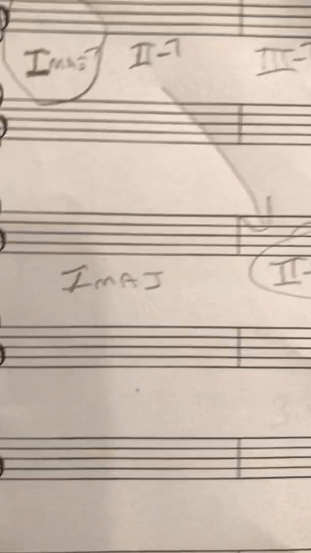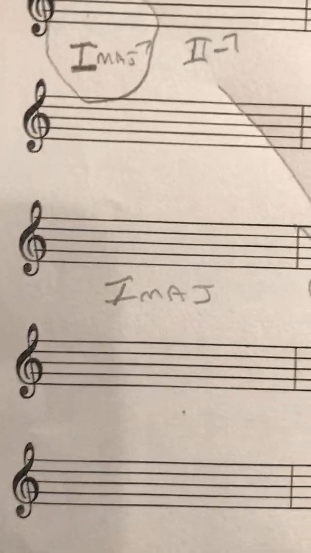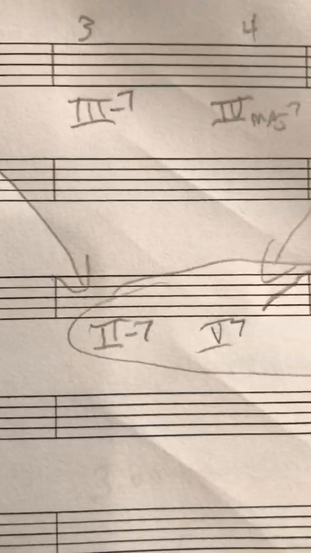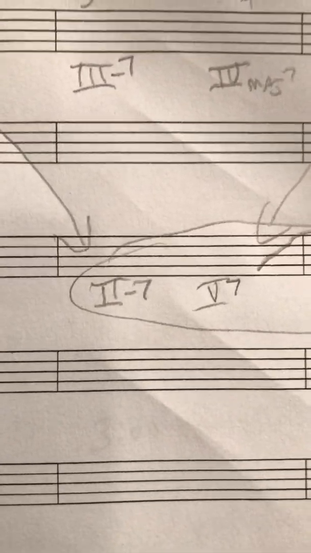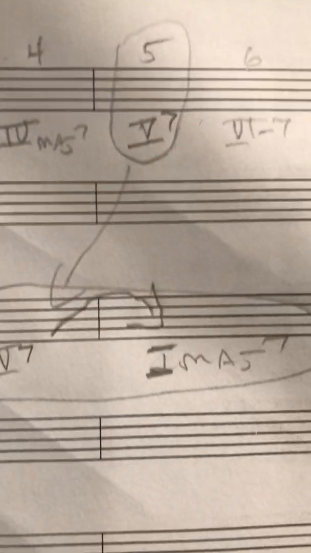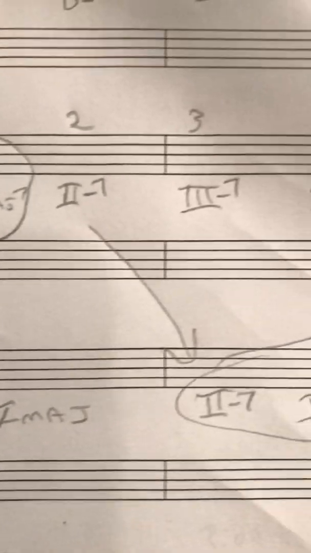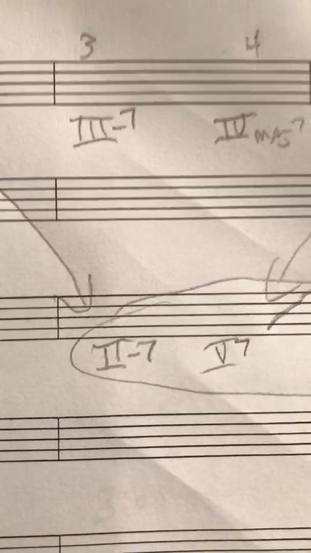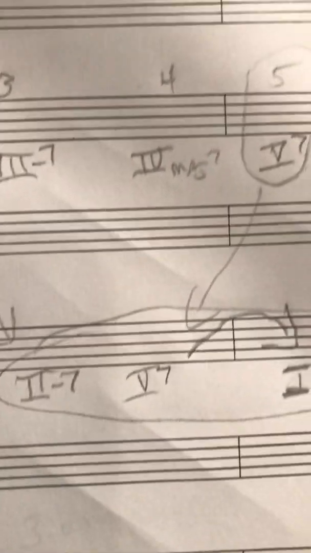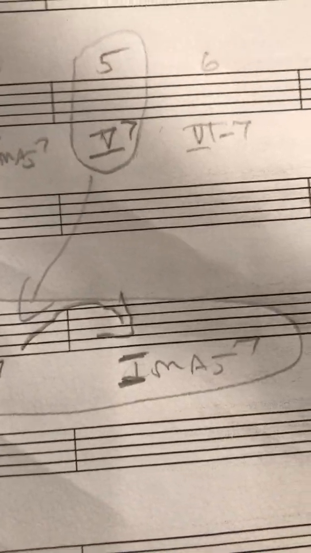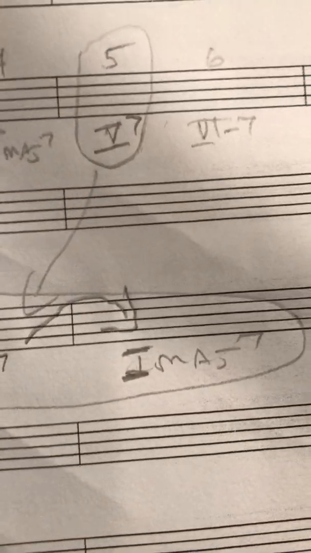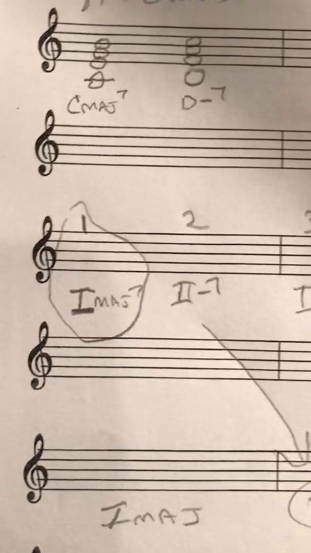So in a chord progression, you'd have the 1 major 7th chord, and here's your 2 minor 7, 5 7 to 1. Okay, so like in the key of C, you have C major 7, then we'd have D minor 7, followed by the G7, which resolves to 1, back to the C major 7th chord. Again, the